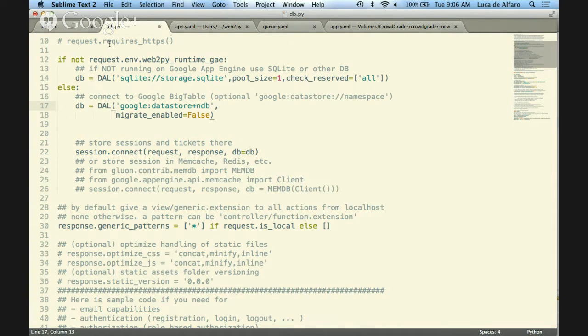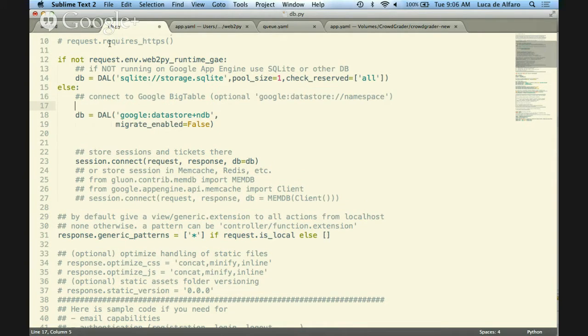But the beauty of Web2Py is that DB is nothing very special. DB is a variable that you define, and if you want, you can do various things. And here I want to show you various other things we could be doing. For example, one thing that I would recommend doing is this: connect to Google Bigtable, but we like it only well enough for the session.